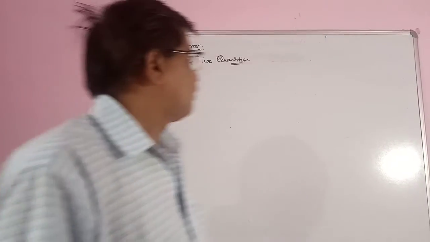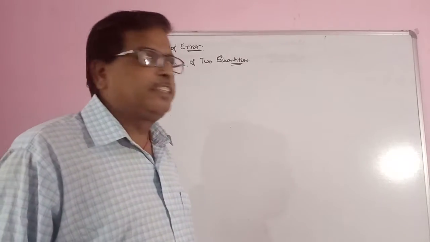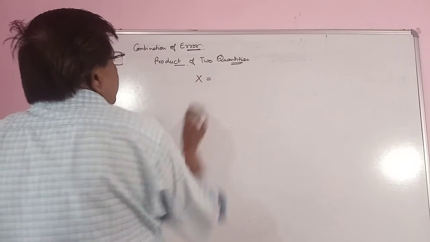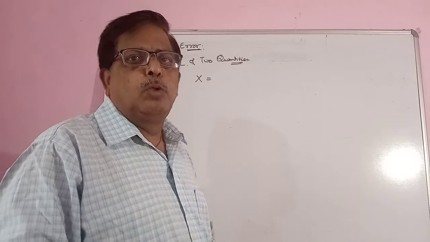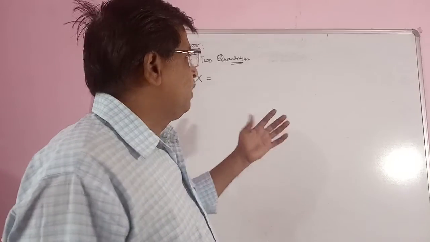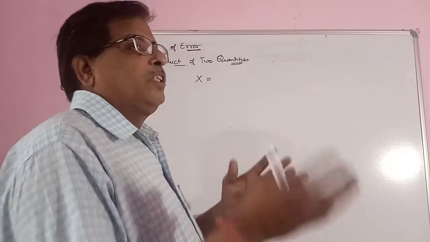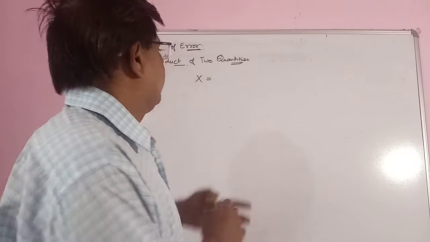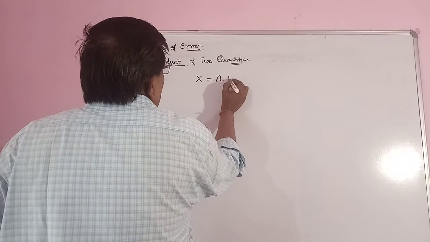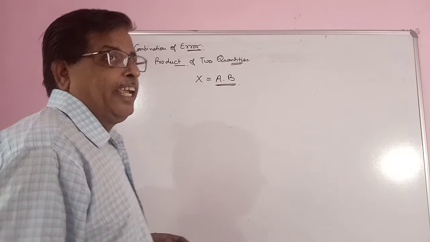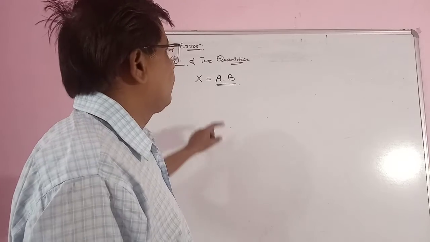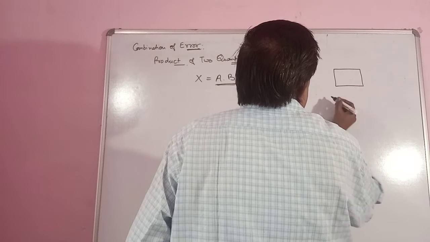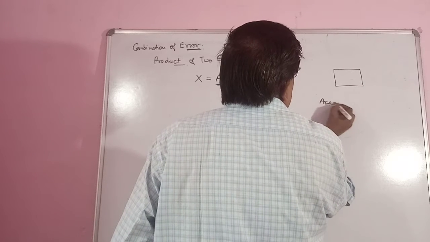So students, in the previous lecture we have discussed that if any physical quantity depends upon two or more physical quantities, for example, x depends on a plus b. So in a particular case, suppose x depends upon ab, as a multiplied by b. For example, if we take the area of a rectangle,